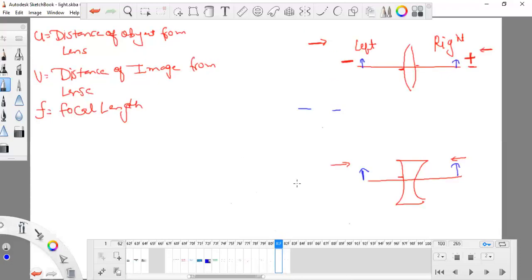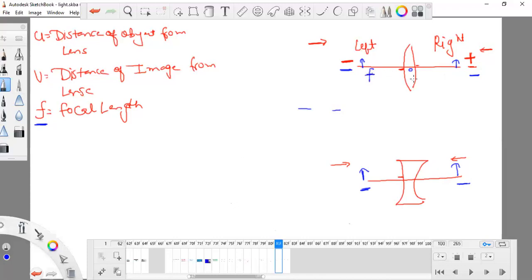Second, this applies to both image and object. The image can be formed here, here, at this side, or at this side, wherever it is taking place. So the left side is for minuses and the right side is for plus. Now a very important feature is the focal length. What is the focal length? It is the distance from the optical center to the principal focus.